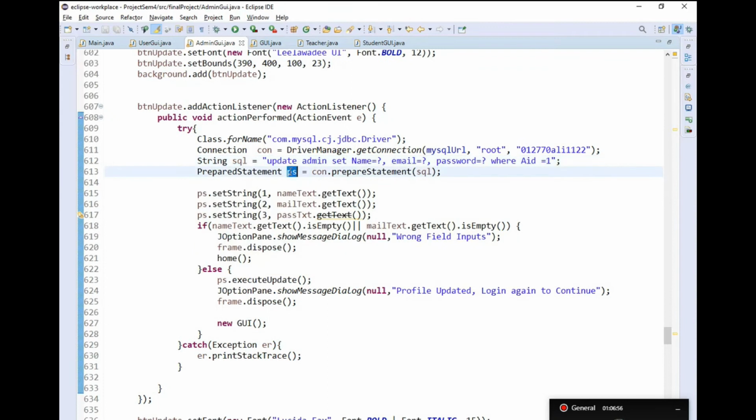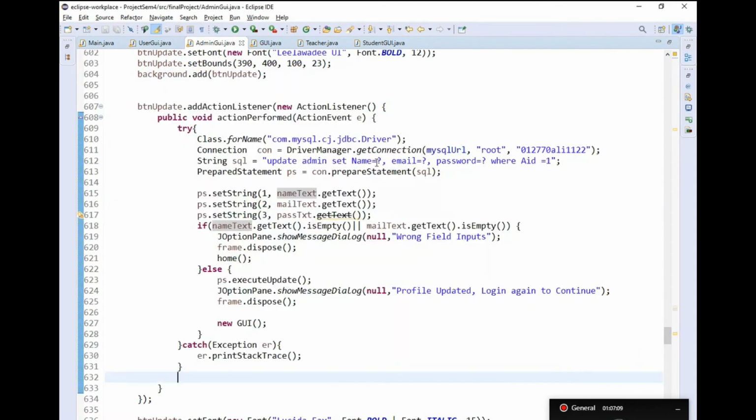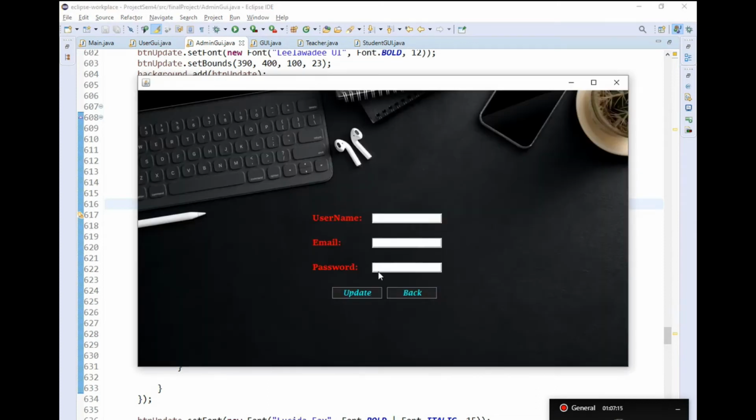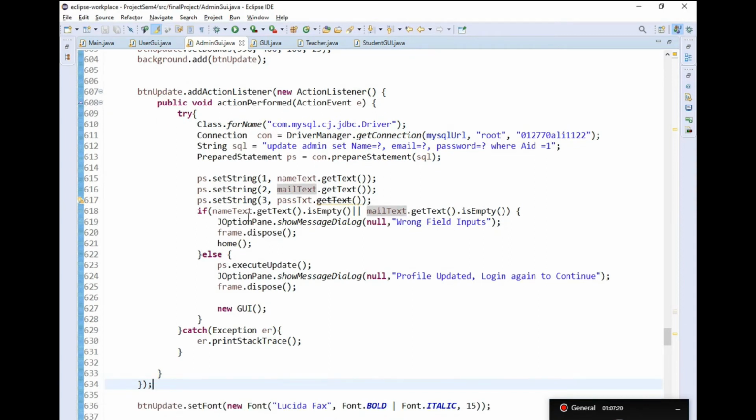Now we use a prepared statement: ps dot set string column 1, name text dot get text. This field is for name dot get text. Now for email we have set string to mail text. We have this field, same as password,